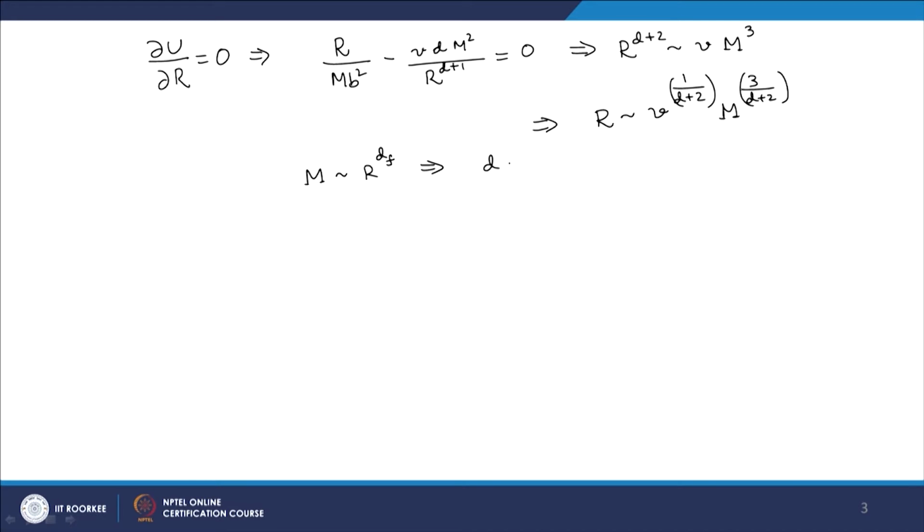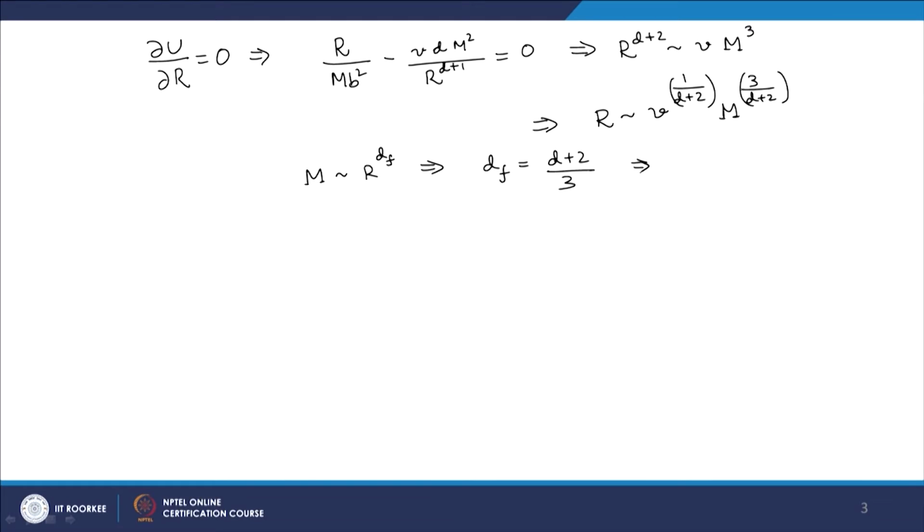Okay. So, now since the fractal dimension df is defined in this particular way, what we get from here is df is equal to d plus 2 by 3, and we can see what it becomes in different dimensions. For the case of 1D, df is equal to 1, that is same as dimension d. So, in that case it behaves like a solid object, and you can see why this is the case, because